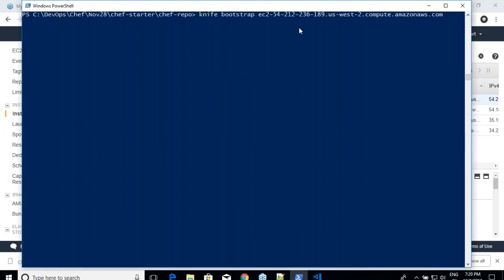Right. But if your chef server is inside the AWS itself, better work with private addresses. If your chef server is inside Amazon itself, try to use private addresses, not public, as much as possible. Okay, that's the first thing.